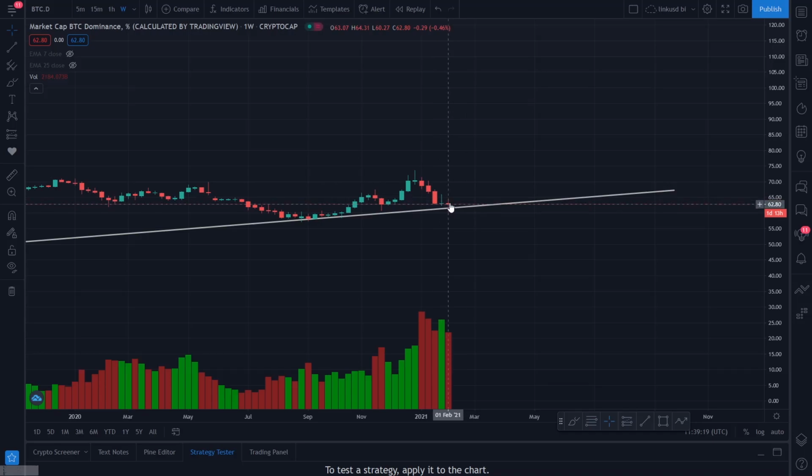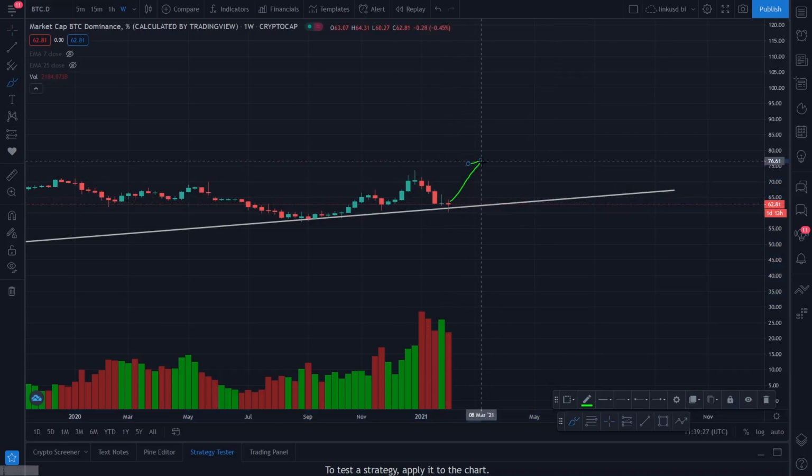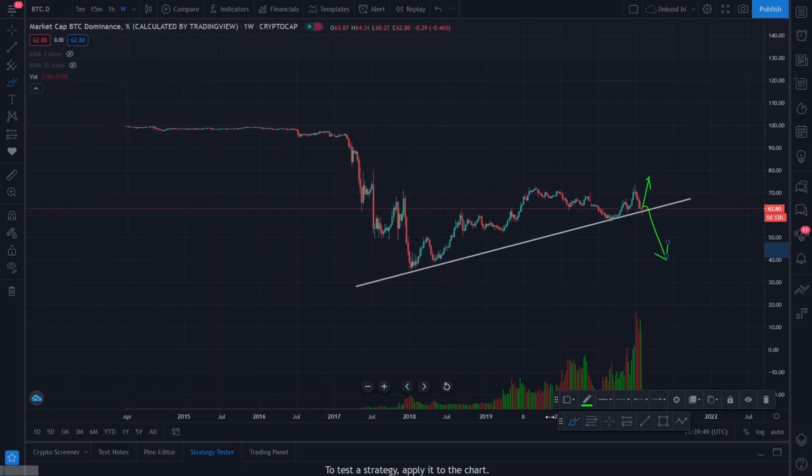So now it's bouncing off this trend line as resistance. That's why you're seeing a lot of alts bleed against Bitcoin, because the Bitcoin dominance is shooting back up. It's bouncing off its support. The question is, can the Bitcoin dominance continue to go up, or is this just a fake out? Is this just a fake bounce, and then we'll break this support and it will lead to the biggest alt season ever? I mean, the last time we had an alt season was way back in 2017,